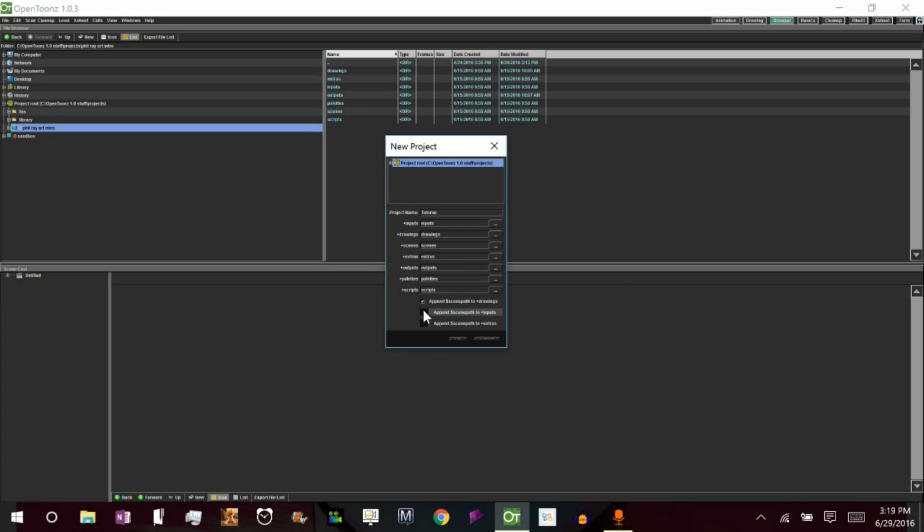And you can click these checkboxes, and what these do is every time you create a new level, new drawings, it'll save them under a subfolder within your drawings subfolder that is the name of the scene you are working on. What that means will make more sense later, but we'll just go ahead and select these and